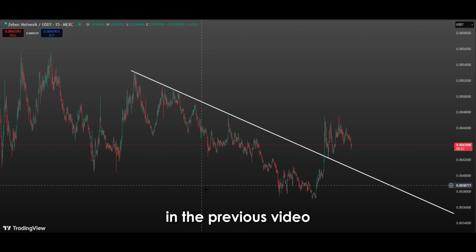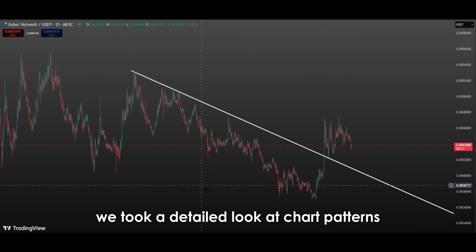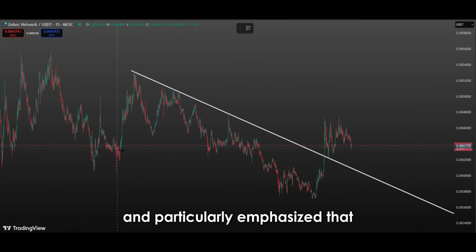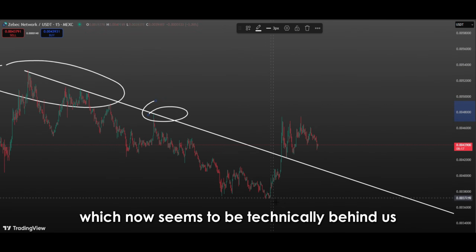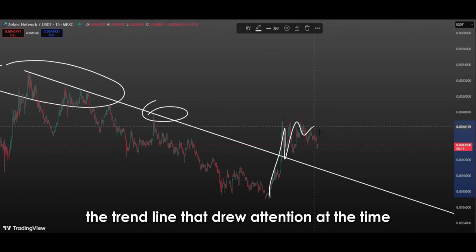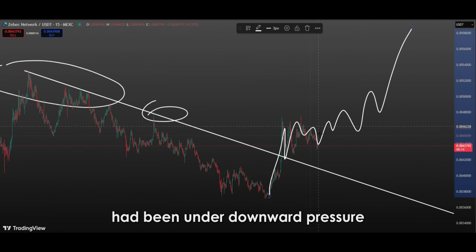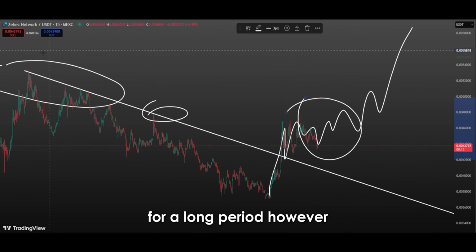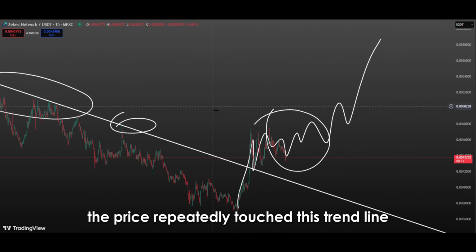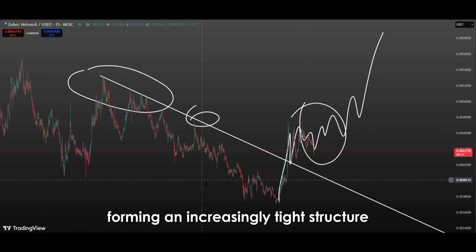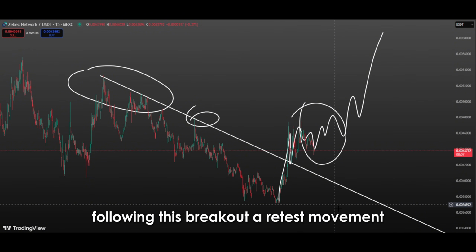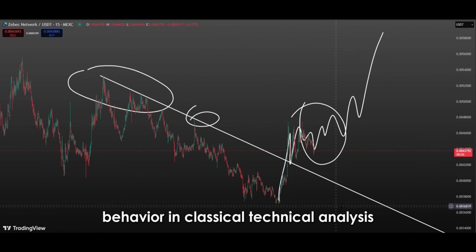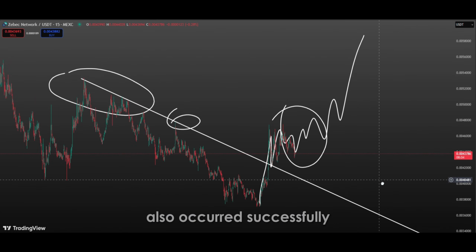In the previous video, we took a detailed look at chart patterns and particularly emphasized that important descending trend structure, which now seems to be technically behind us. The trend line that drew attention at the time indicated that the price had been under downward pressure for a long period. However, the price repeatedly touched this trend line, forming an increasingly tight structure, and eventually managed to break above this strong resistance. Following this breakout, a retest movement, a commonly expected behavior in classical technical analysis, also occurred